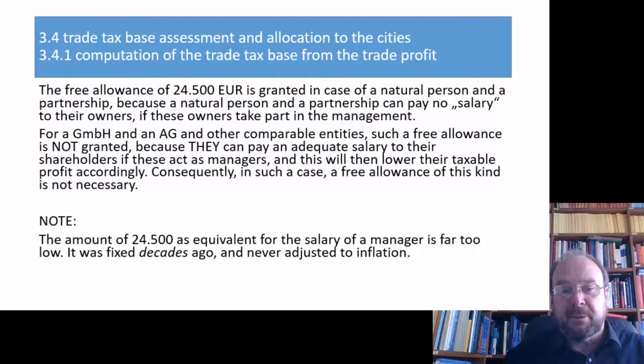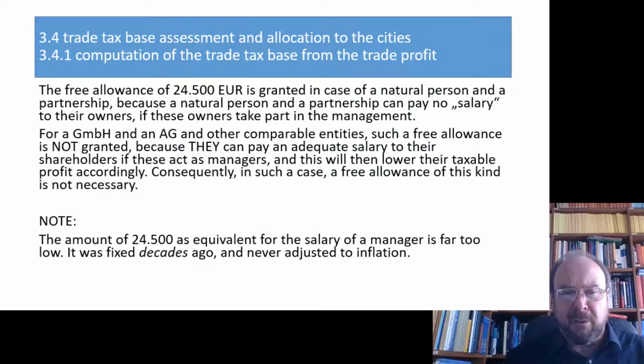For many people, the trade tax is no longer such a financial burden as it was some 30 years ago. And those who really want to deduct an adequate salary for their work as manager usually get the advice from the tax advisor, why don't you set up a GmbH? Then you can set off an adequate salary for yourself, and then the problem is gone. That is the reason why nearly nobody ever complains, and why the case, if that can still be justified, never goes to court.